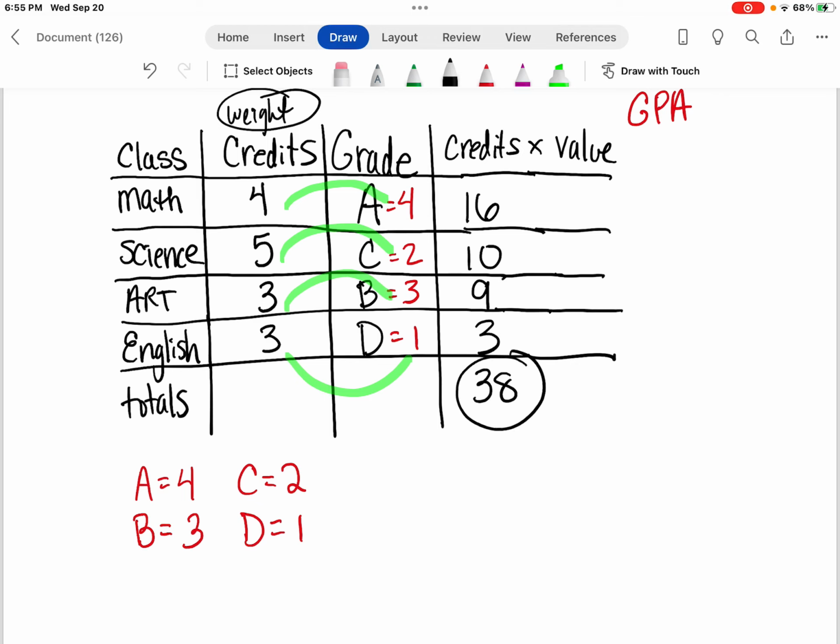Then what you're going to do is take the total number of credits and add them up. So if I take 4 and 5, that's 9. And then plus 3 and 3, that's going to give me 9 and 6, which is 15. Then you take your 38, that's your credits times your value when you add them all up. And then you're going to divide by the number of credits you have. And so I take 38 divided by 15,